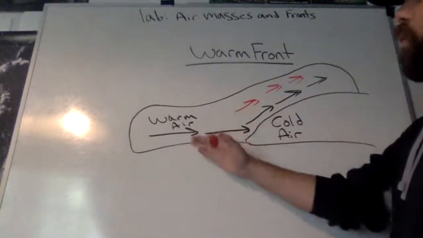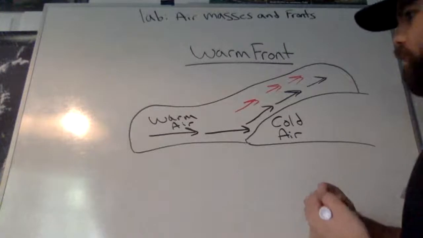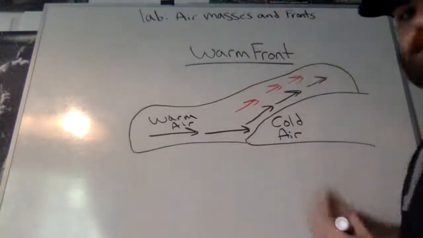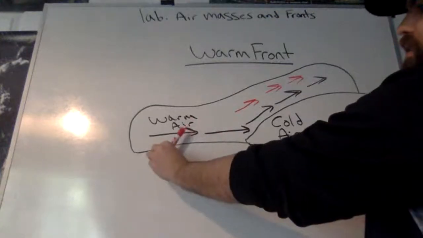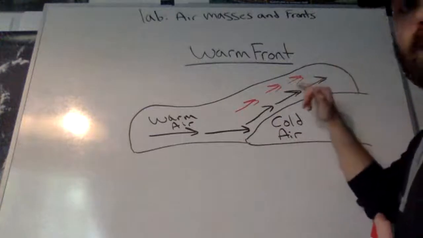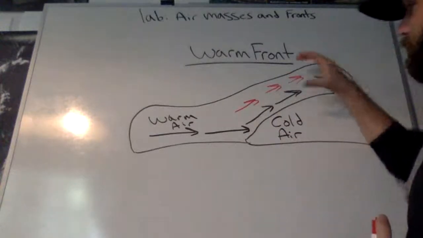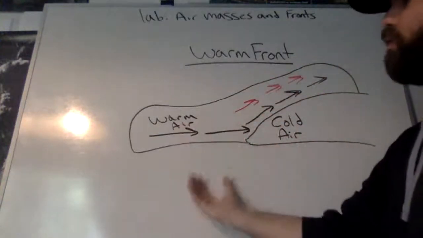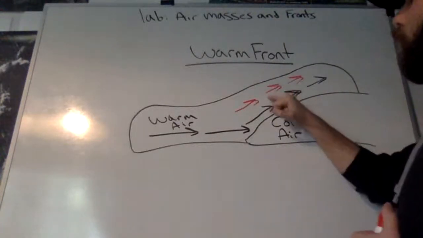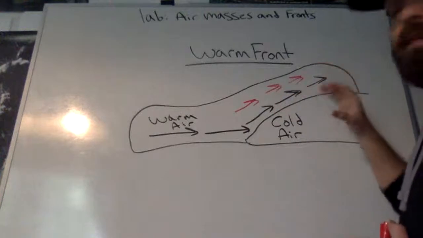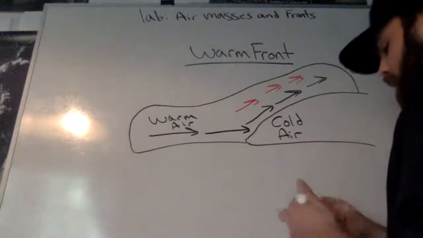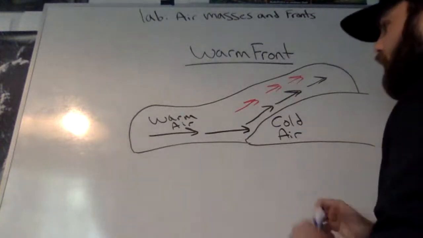Now, since the warm air is a little different than when we were with the cold front. Remember, with the cold front coming in, it pushes the warm air really fast. Instead, what's happening is the warm air is going up at an angle. It's going up a little bit slower, a lot slower than when a cold front comes in and just pushes that warm air up right away. So since it does that, the warm air is cooling at a slower rate than just getting thrown up into the atmosphere. So because of that, you get clouds that are forming